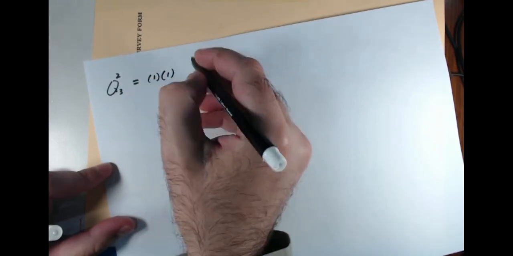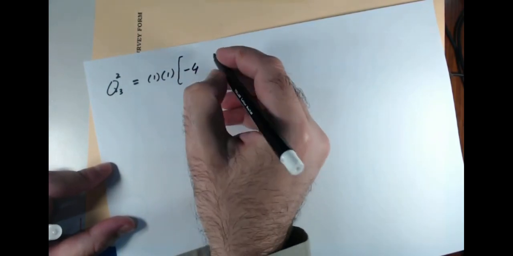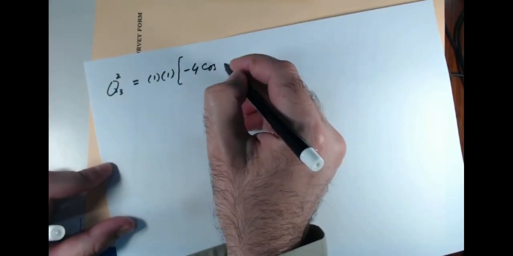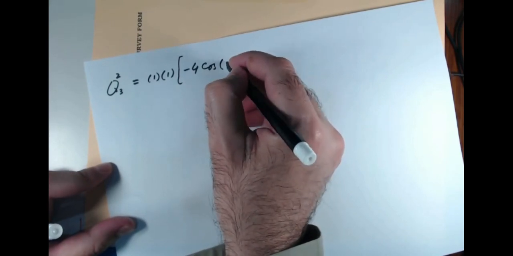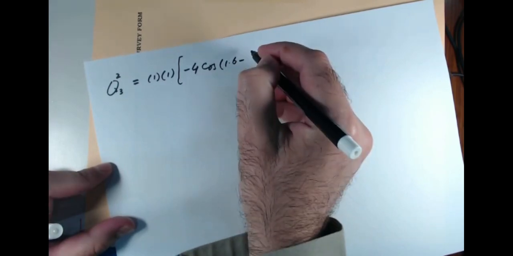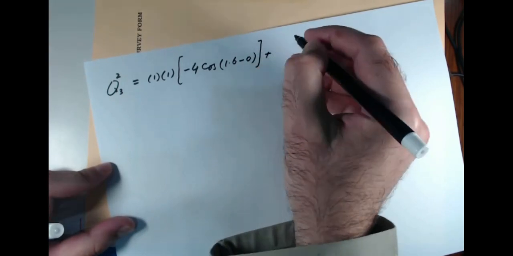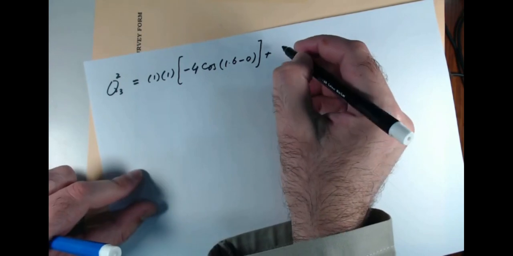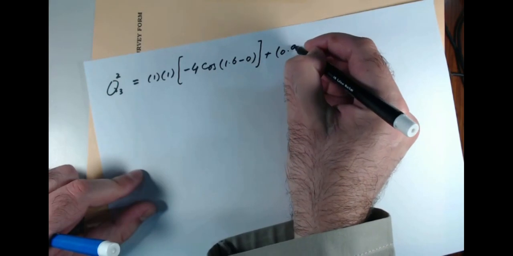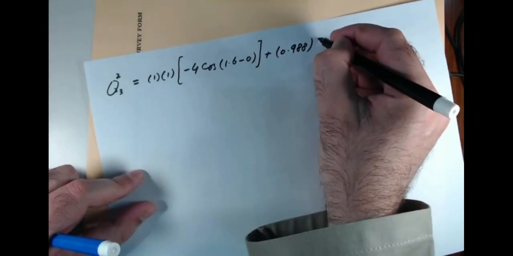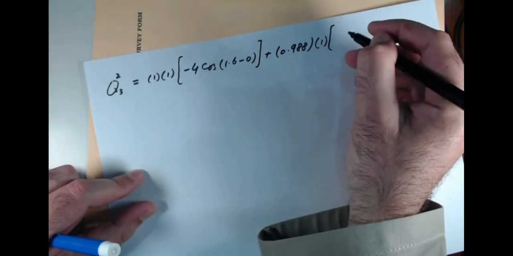So putting all these values here, I will directly write it, so that it becomes 1, the magnitude of the voltage, times -4, which is the susceptance, because of the psi 3 angle, which is 1.6 as we have determined before, minus the angle at the slack bus, which is 0. So that is the first term. The second term becomes the U2, which we have now determined as 0.988, and then the voltage at the voltage control bus, which is 1, and the term which is the susceptance,